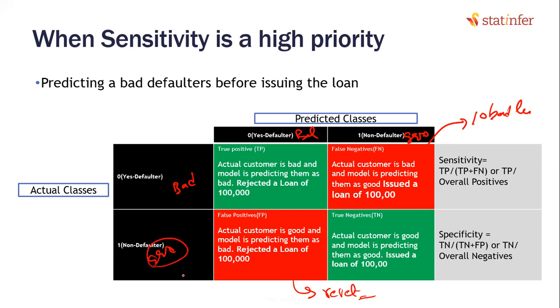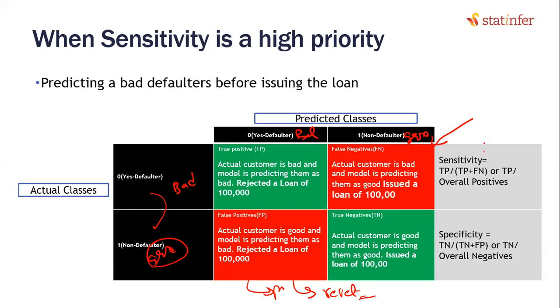Here I lose only profit. Yes or no? In this one, if I reject a loan application, I lose only profit. But what do I lose here? If I'm accepting a bad customer's loan application, I lose the total principal, isn't it? That means one bad customer may eat away all the profit of 10 or 15 good people. So that is why this is very critical for me. Now tell me, in this case, is sensitivity important or is specificity important for me? Which one should I give more preference? Sensitivity. Yeah. So here one good and one bad customer are not equal. For me, sensitivity is very important.